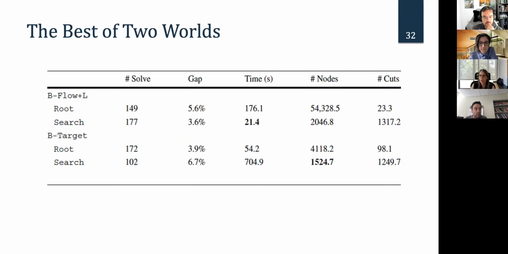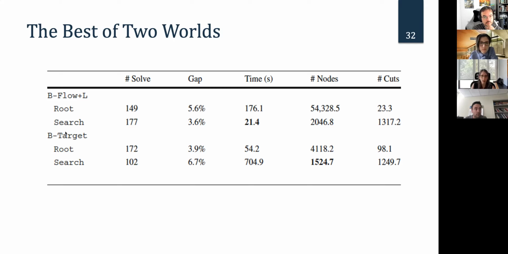So we wanted to take these two techniques to the extremes. So we have the most efficient ones, the ones with the best theoretical guarantee, the flow ones. If we add them to the root node, the number of instances that they were able to solve wasn't too much, 149, very small. But if we now add the cuts in every single node during search, being very extreme about it, we were able to solve 177 instances,